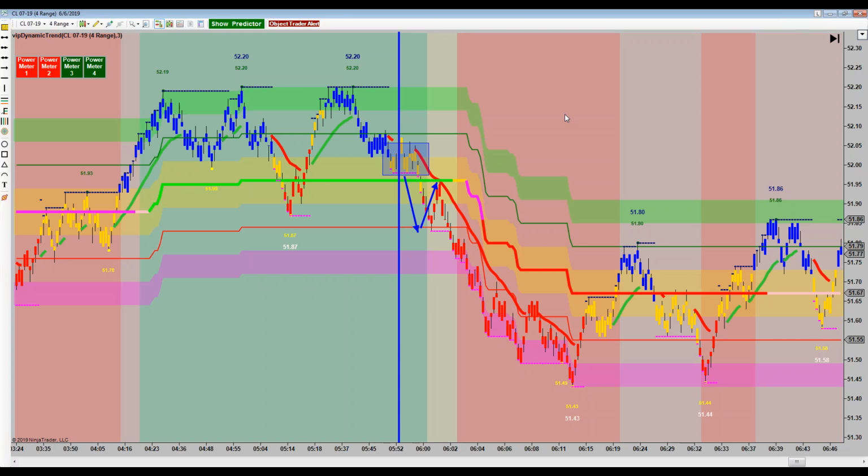But to answer your question, here's Maurizio's question. This is a good question. For the micros on the E-minis, if you're looking to trade the micros on ES, MES is the ticker symbol. They are available in Ninja 8 by default. So if you're running NinjaTrader 8 and you pull up an instrument manager,